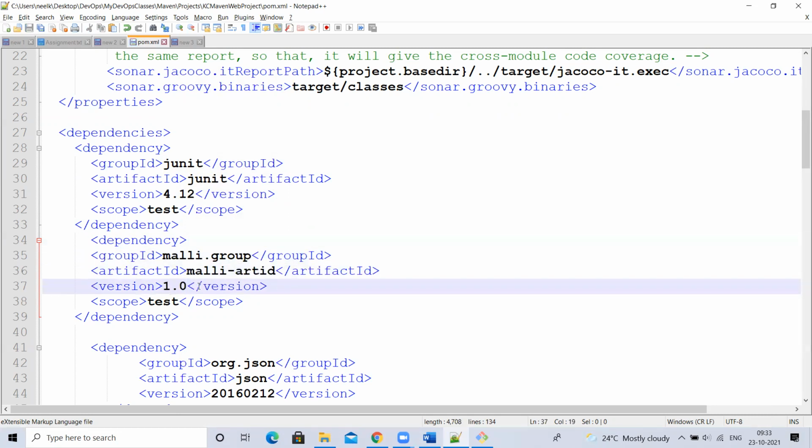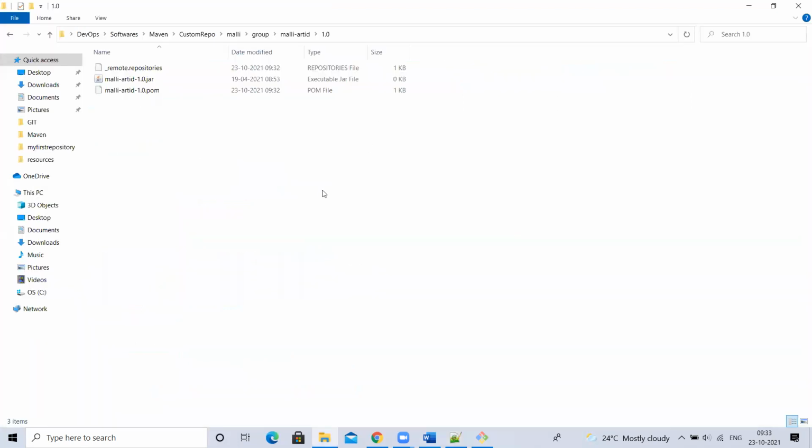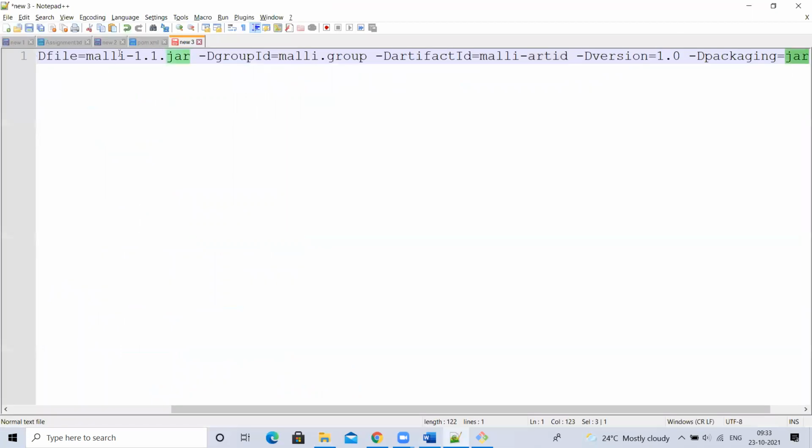So now if I run this, right, now it will take the jar file from my local repository itself. Have you understood? So why am I setting that here? I'm saying this is the jar file. For this, I'm going to set one group ID, artifact ID and version. So whoever wants to use this in their project, if they use the group ID, artifact ID, version in the dependency, it will consider this file from the local repository like this. Understood, guys? Yes or no? Yes. Okay.